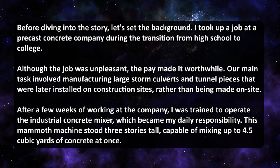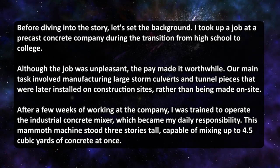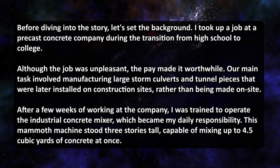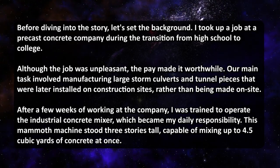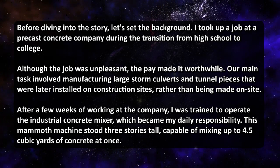Before diving into the story, let's set the background. I took up a job at a precast concrete company during the transition from high school to college. Although the job was unpleasant, the pay made it worthwhile. Our main task involved manufacturing large storm culverts and tunnel pieces that were later installed on construction sites rather than